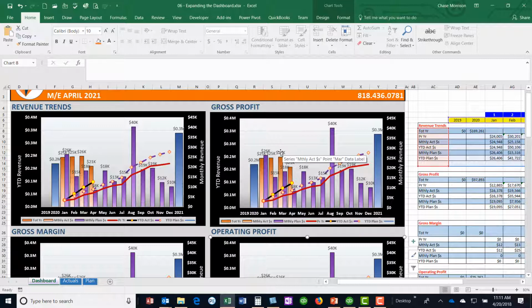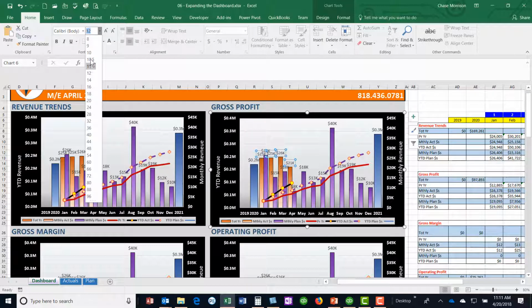So it looks like these numbers here, though, are going to be getting a little too big, so I probably need to shrink these down some, make those smaller, make these smaller. So you'll have to tweak some things around to make it fit,